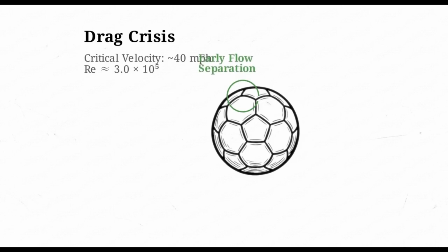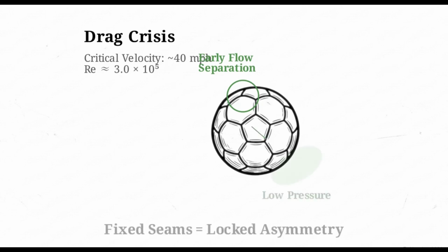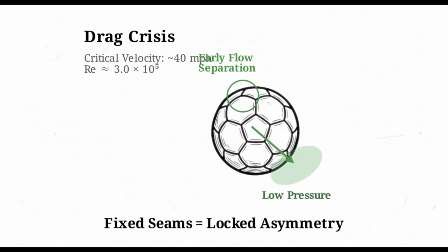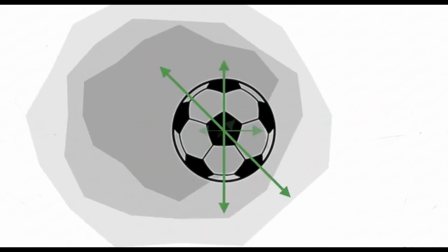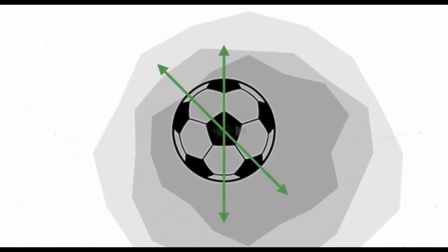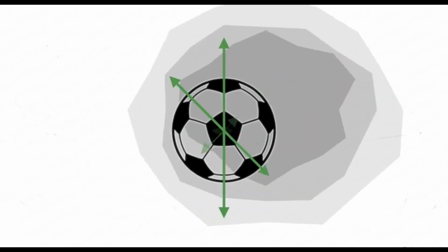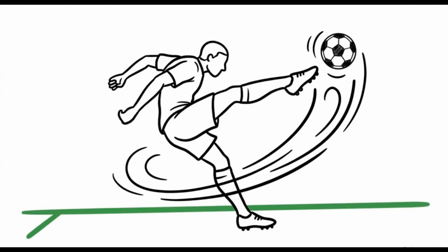As the ball reaches a specific critical velocity, the oncoming air separates unevenly along the physical seams of the ball. Because the seams aren't rotating out of the way, this asymmetric flow stays locked in place. The low-pressure wake trailing the ball begins shedding in a wavy, irregular pattern, generating violent, fluctuating lateral forces. If a player wants stability without spin, they use a power drive,